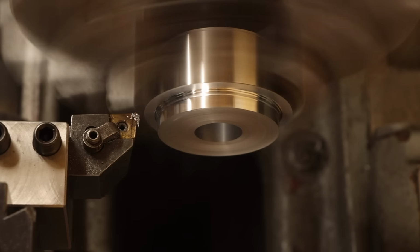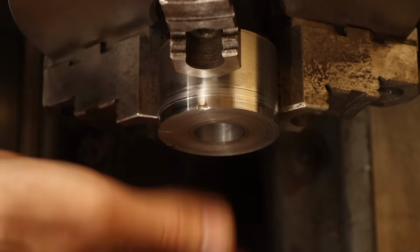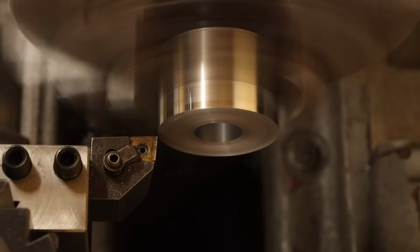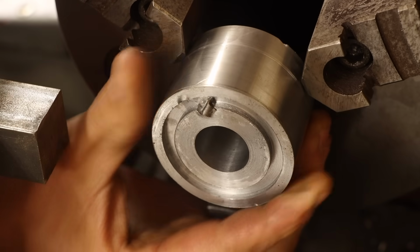Switching to the forejaw would be the best for recentering the material, but that's a whole ordeal. So instead, I'm going to see if I can get this running true without swapping chucks and going through that whole alignment process. The chuck jaws should get it reasonably close to centered, but to take it the rest of the way,